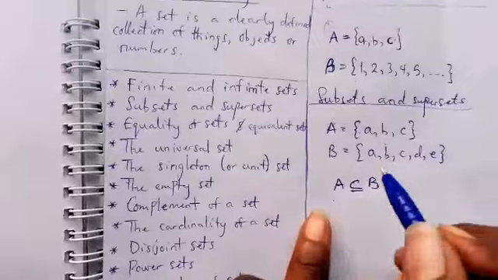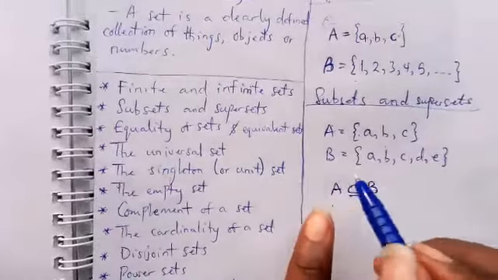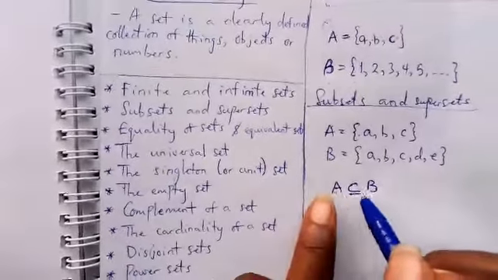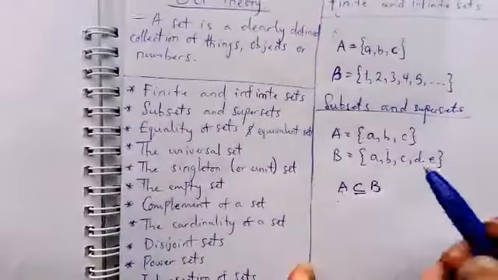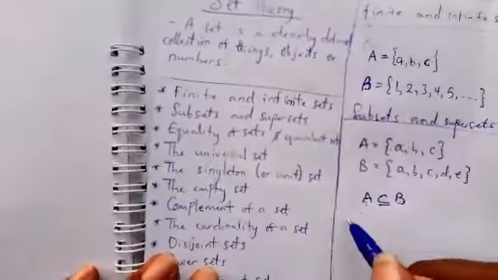Then supersets, that's the opposite. If A is a subset of B, then B is a superset of A. Then another one, we have